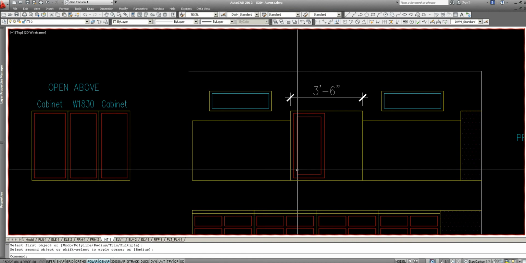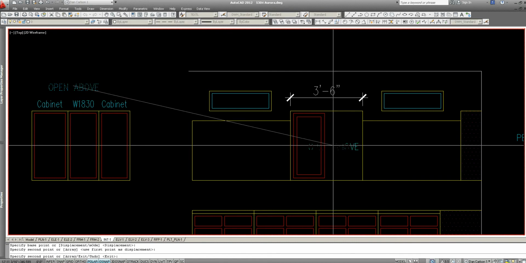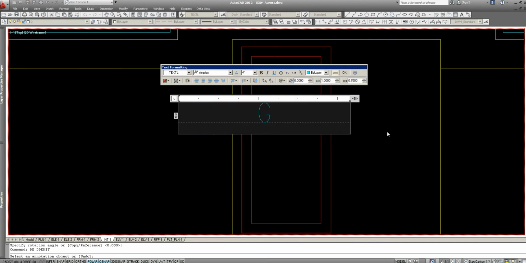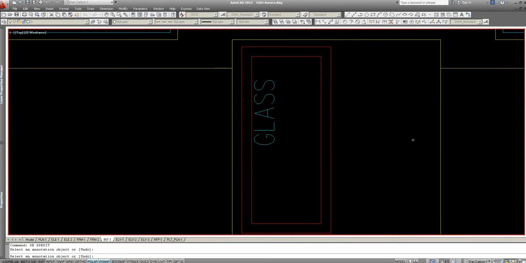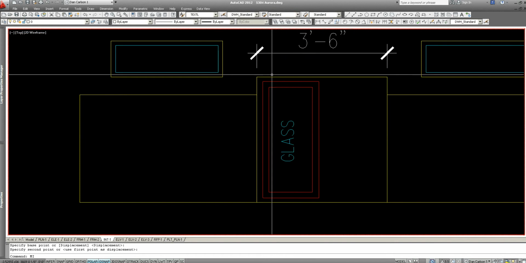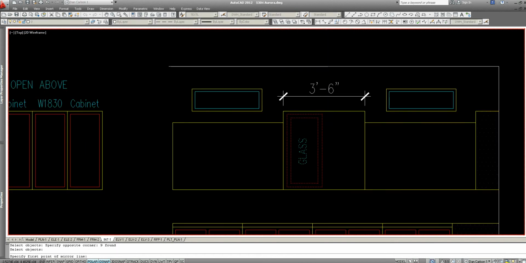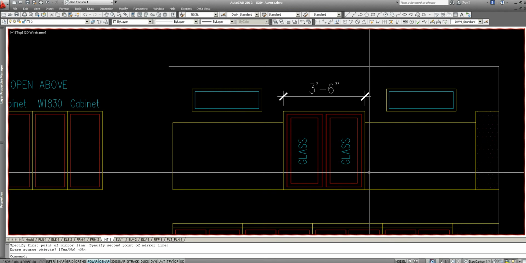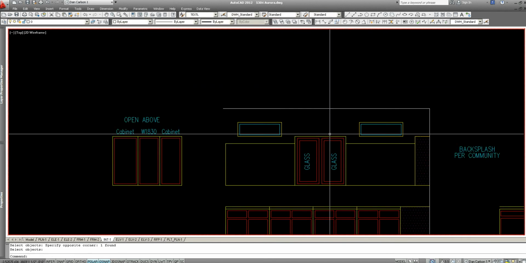Like this, and then just copy some text, rotate it, and say glass. And then mirror this. I like mirroring more than copying because at least when I mirror I know that the reveals are exactly correct. Alright, so this we can then call